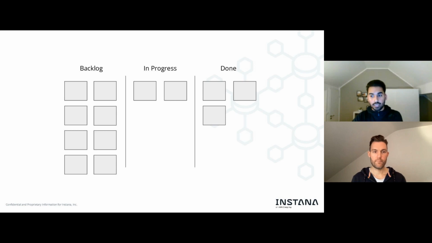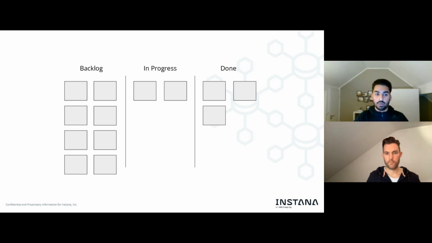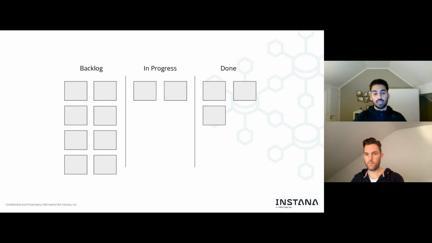And as Henning mentioned, you could add work in progress limits and therefore limit the number of cards in, for example, the in progress column, so you don't allow the team to work on more than 2 items at the same time.